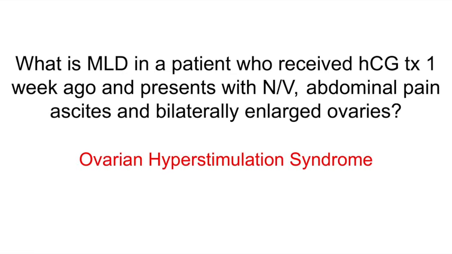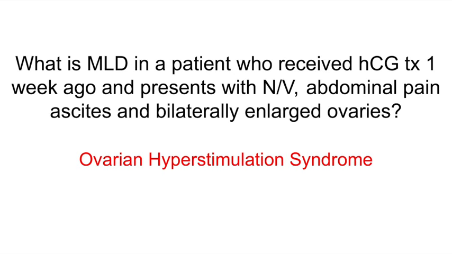So the workup you need to do include a CBC, serum electrolytes, coagulation studies, beta HCG, pelvic ultrasounds, chest X-ray, and echo. And in order to manage these patients, we want to correct any electrolyte imbalances, paracentesis or thoracentesis, thromboembolism prophylaxis as well. Another thing I want to highlight here is that patients typically receive HCG treatment when they're undergoing